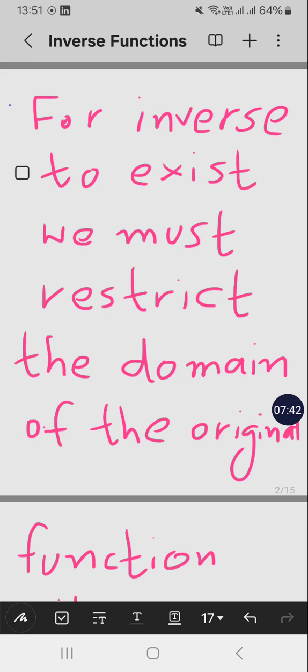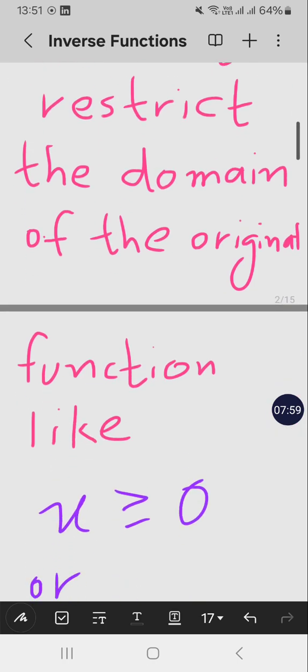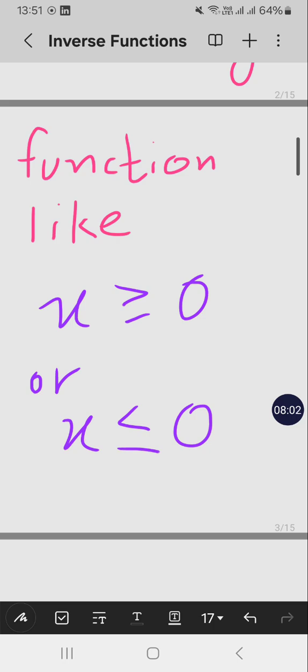So we have to restrict the domain of the original function. Either we can take positive values of x and 0, or we can take negative values of x and 0. So the domain can be x greater than or equal to 0. This will restrict our original function to the positive side of the x-axis, and we'll be able to tell that